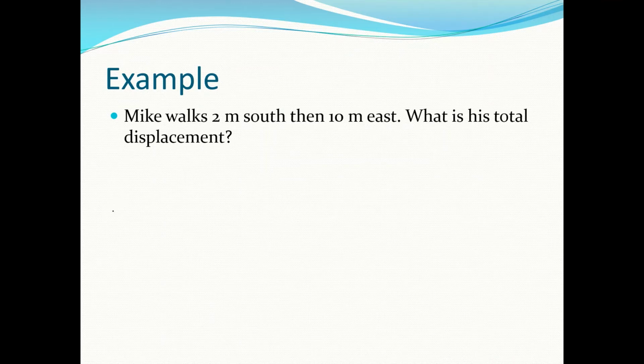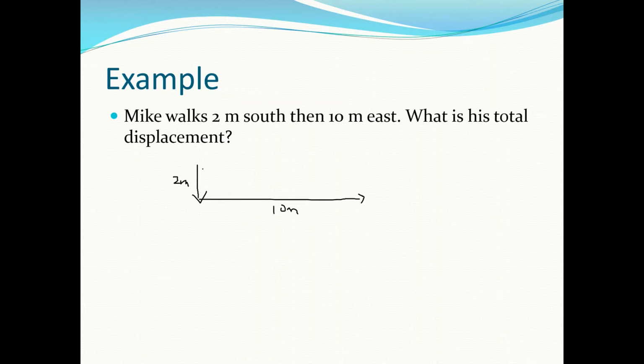So Mike walks 2 meters south, then walks 10 meters east. What is his total displacement? So we have to add these two vectors together. To start, we need to draw a tip-to-tail vector addition. So I draw 2 meters south, and then I add that tip to tail 10 meters east, and I draw